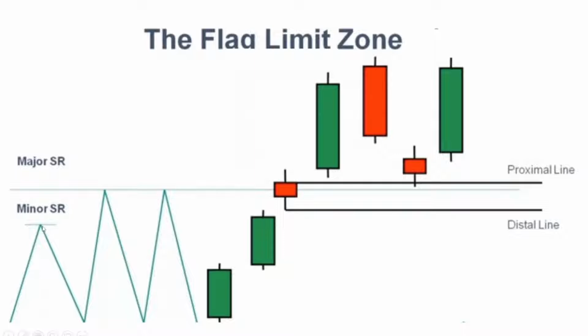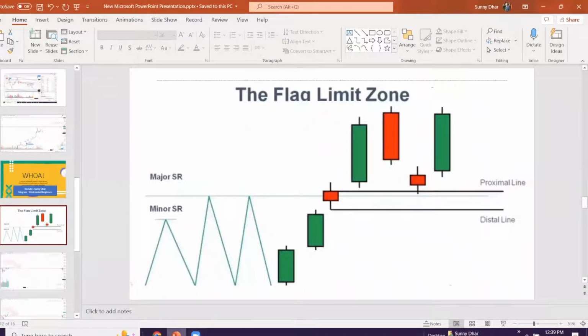This is a minor SR because only one touch is there. But this is a major SR because two times it has faced rejection from this. So now what is a flag limit zone? You see this is a zone and there is no breakout. This is a zone and found at the major SR level. It means that normally, now I'm getting disturbance from participants